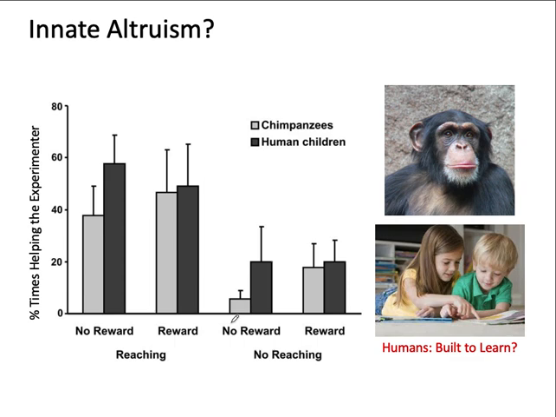This still doesn't necessarily answer the question about whether this behavior is something innate or whether it's something that kids learn. But it's clear that humans and primates in general, but especially humans, are particularly good at learning, especially at a young age. And so humans basically, throughout growth and development, are sponges, right, soaking things up. But in general, again, humans are more cooperative and altruistic than chimpanzees appear to be.